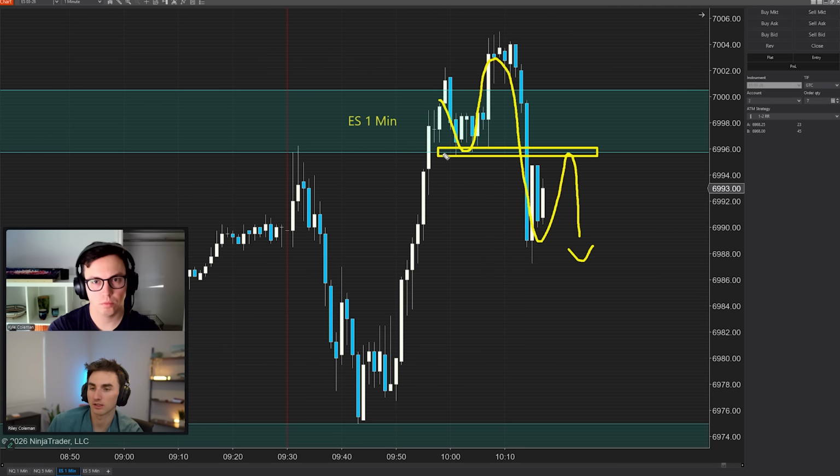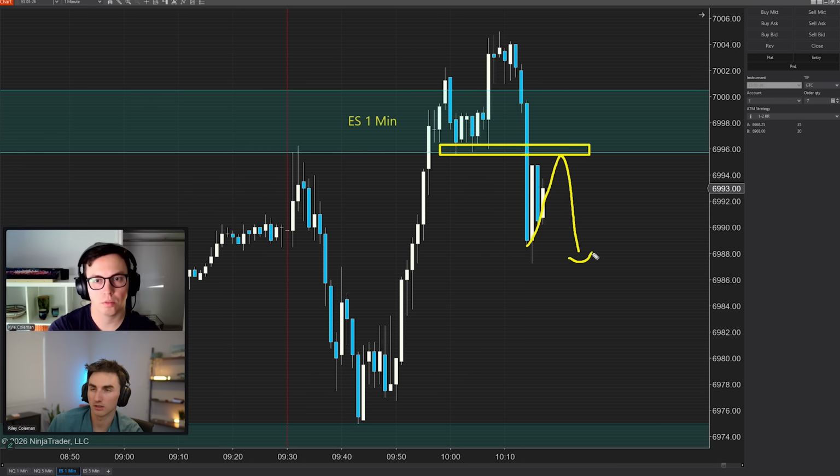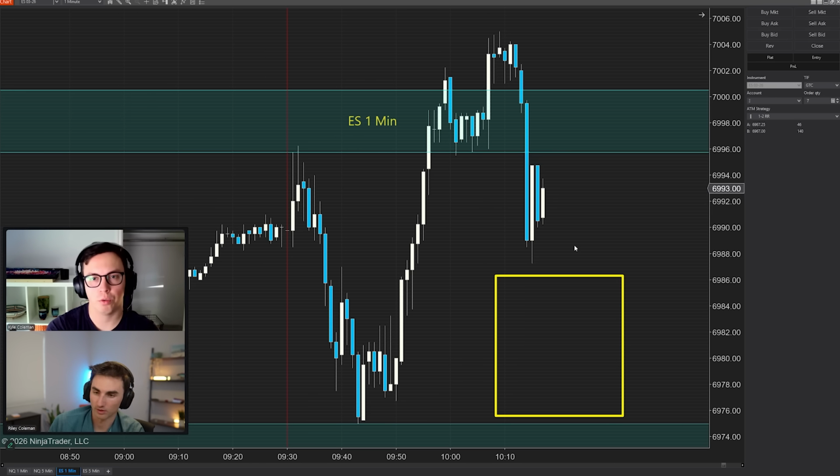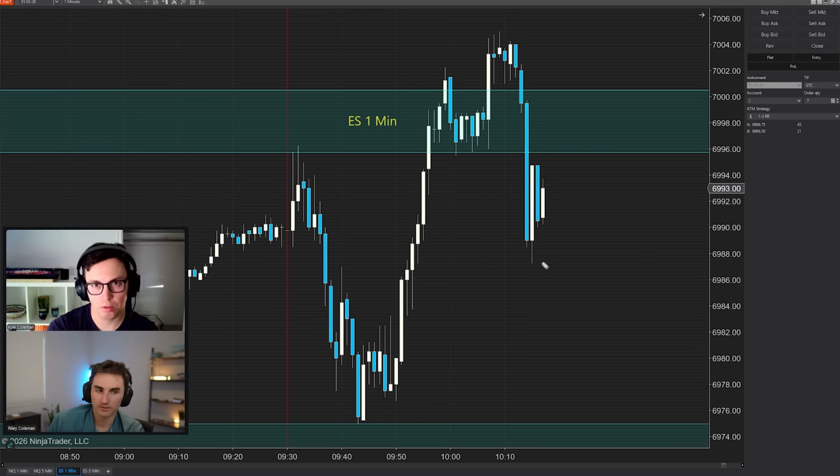Because to me, that's showing you that stair step pattern down. And it breaking is a structural, logical thing you can read and see. And so if it did that, I would have got in short below this. So you're looking for it to re-break that downwards momentum, essentially confirming it. Yes. Because right now it said, all right, we weren't sure about going up. We puked lower, and then you want to see it come up and test that level, not go through it, essentially confirm that it doesn't have upward pressure,